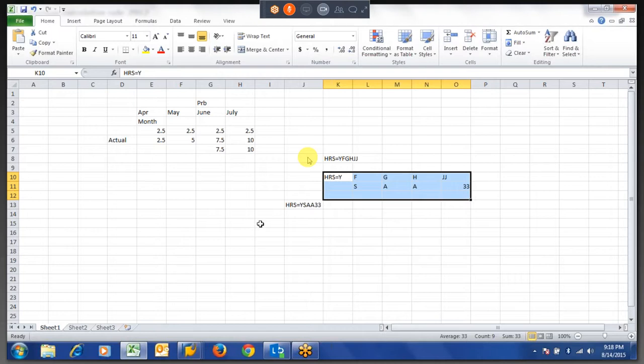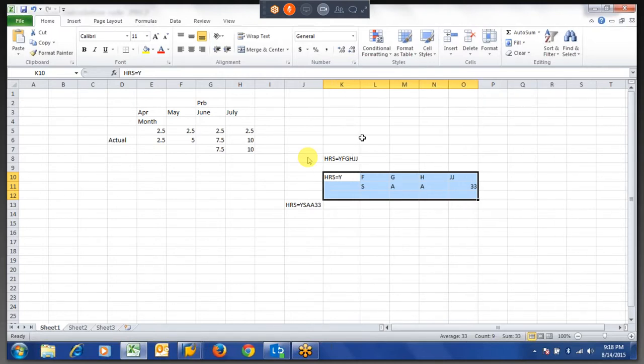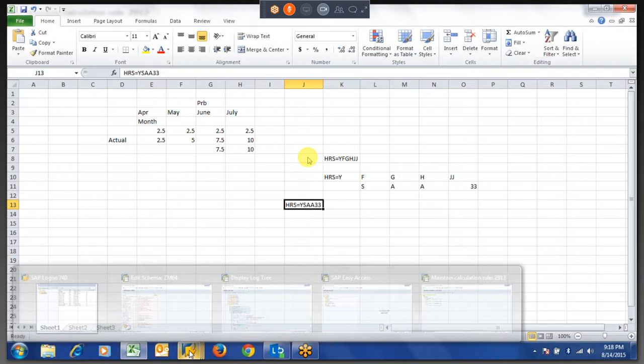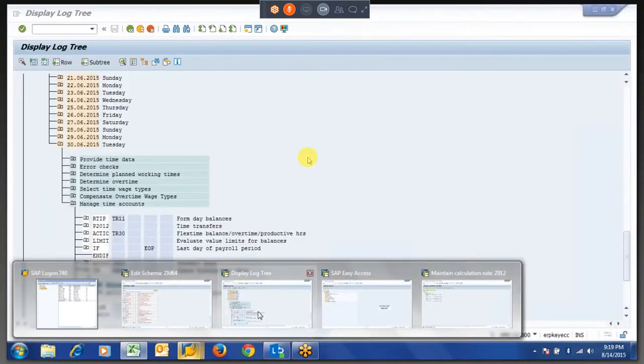It's very simple, if you decode one or two things, whenever you require a new thing, you can build up your own logic, like YS AES, I have put 33. So likewise you can write your logic. But we have to understand the SAP syntax, how we can build this. Right, so this is up to here.